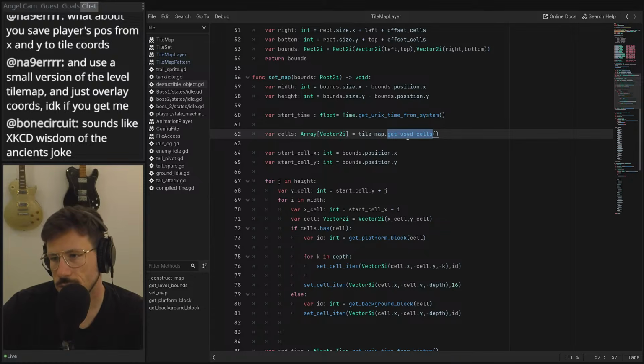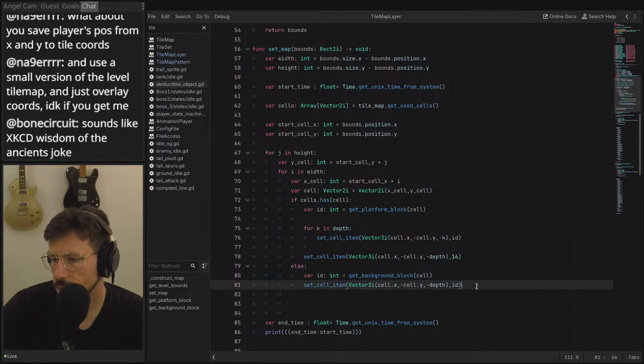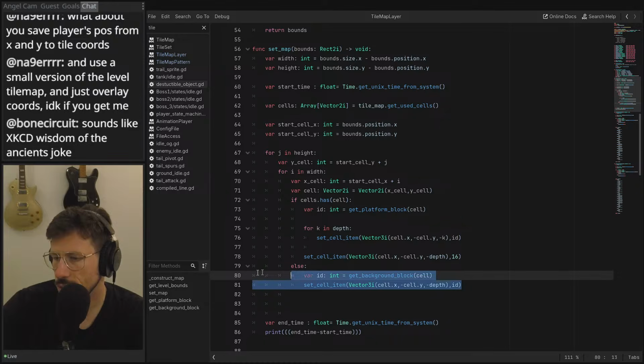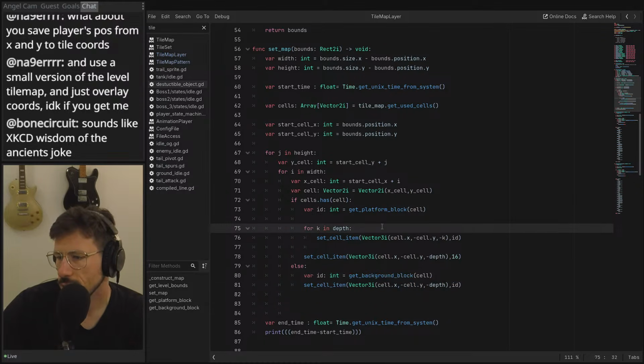And what am I actually using that for? Oh, we're seeing if it's used here to say, yeah, okay. So then we've got, otherwise it's a wall. So if it's empty, we know that we can set it as a background block. Okay, so